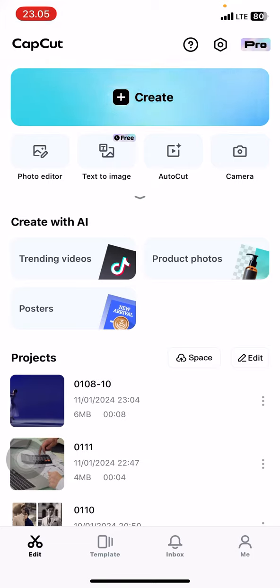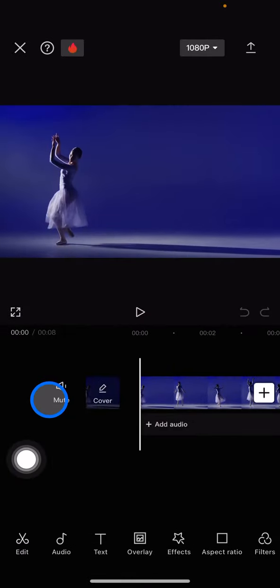In this video I would like to show you how to customize the speed of your video only with the CapCut application on iOS or iPhone. So the first thing you have to do is open your CapCut application and click this Create, or you can also use a previous project that you have. And here to customize this